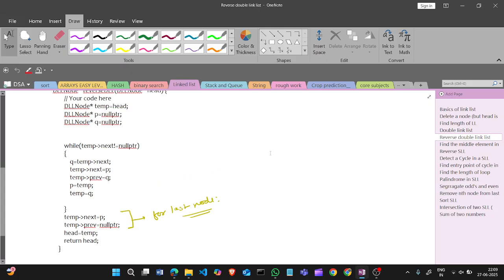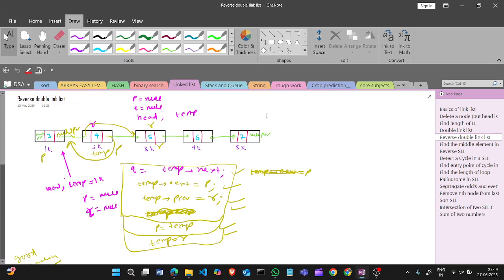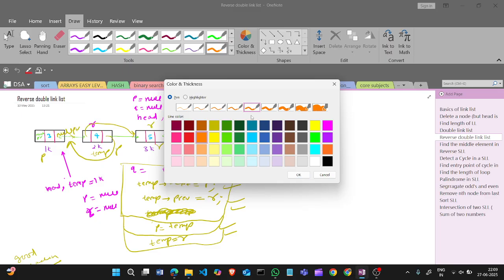Now see this, next problem is reverse the double linked list. So how to reverse the double linked list, wait and watch.